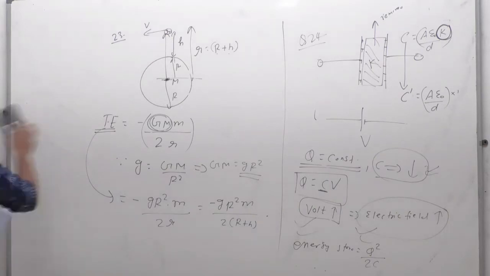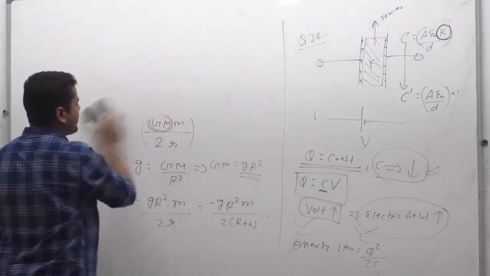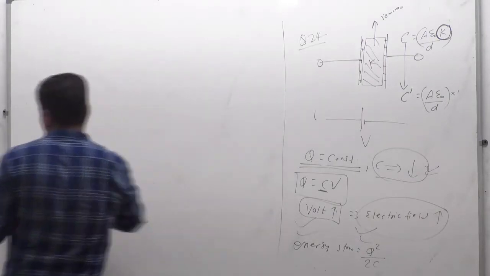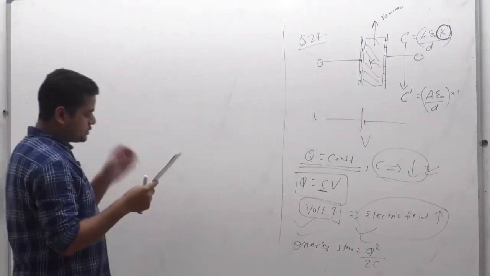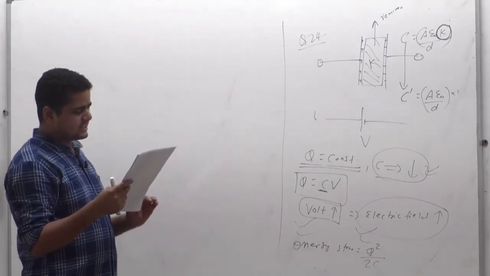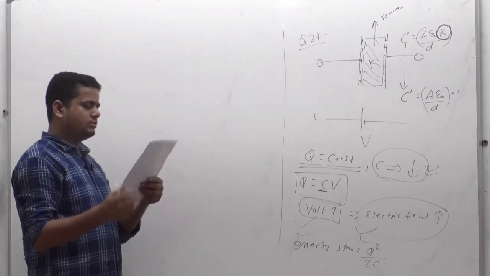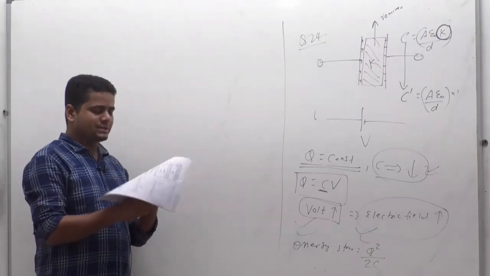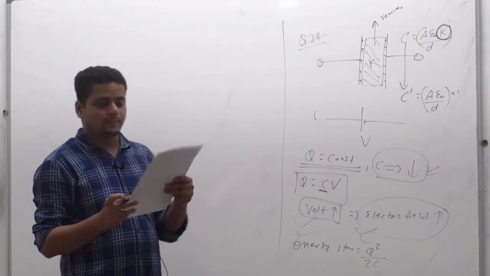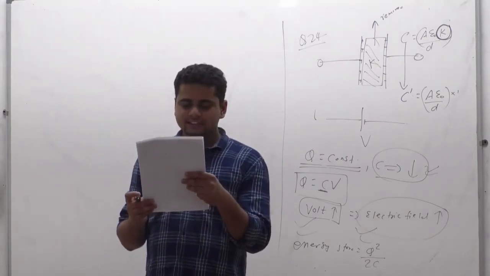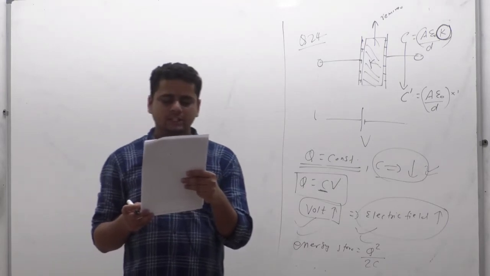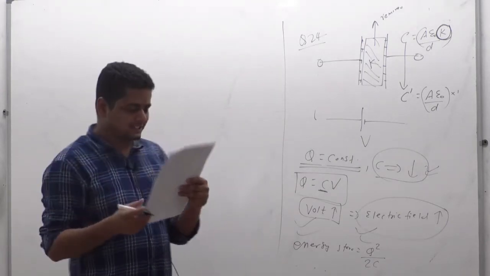Next we can go through question number 25. In question 25, what they have given to us: 1 mole of oxygen gas is contained in a box of volume 2 meter cube at a pressure P0, and temperature is 300 Kelvin. The gas is now heated to 600 Kelvin and the molecules get dissociated into oxygen atoms. The new pressure of the gas is?